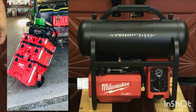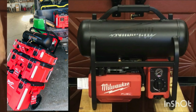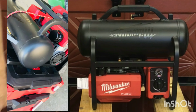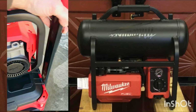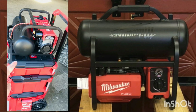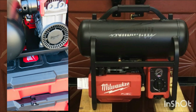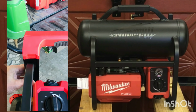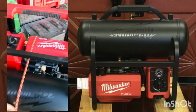A nice little hack for your Milwaukee pack out is your 2-gallon air compressor lays right on top. I'll stand it up right here. And you see it sits right on top. You see those little guys right down the feet? They lock right in. When you lean it back, the handles line up perfectly, and just throw a bungee cord